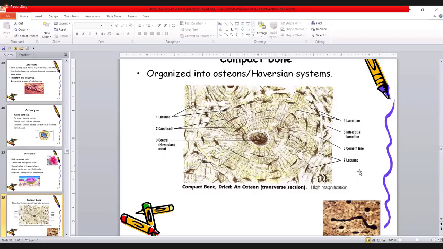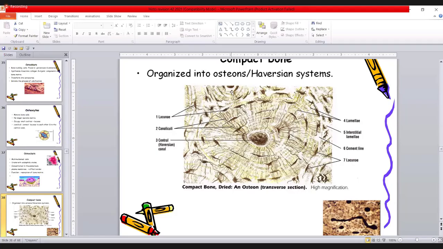Yes, then canaliculi. What else? You are looking at the diagram. So what else? What is this? Volkmann's canals joining to Haversian canals. Yes. And the lamellae. Coming back to the lamellae, you said just lamellae. What are the types of lamellae? You also have to label the types of lamellae. The outer and the inner